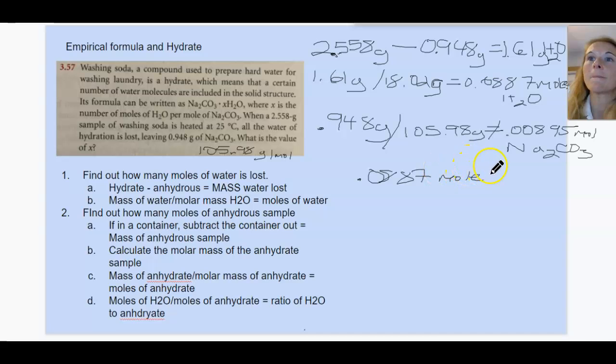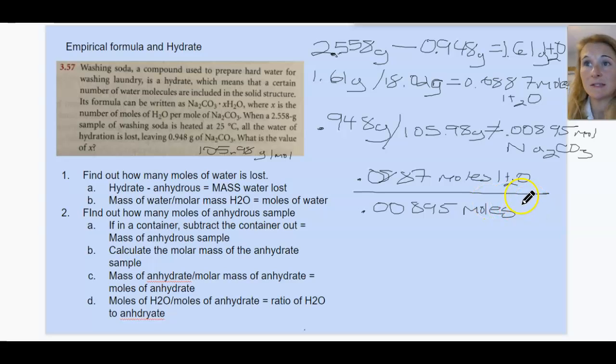Moles of H2O over, how many do we have? 0.00895 moles. Notice we're keeping our 3 sig figs there of our anhydrous Na2CO3. And when we divide, we get that there are 10 moles of water for every 1 mole of anhydrous sample. So we would rewrite our formula as